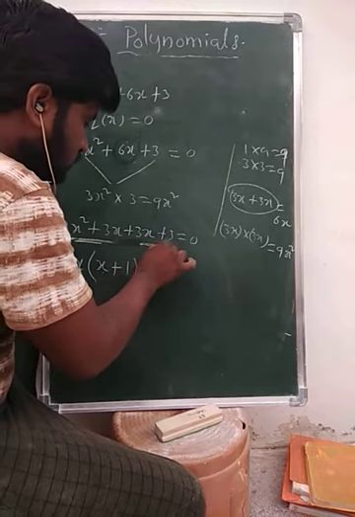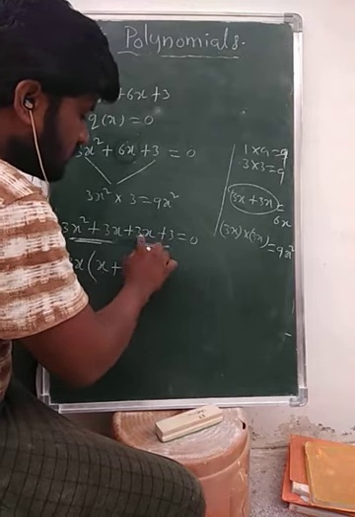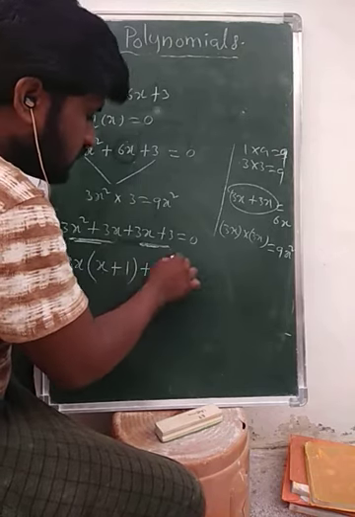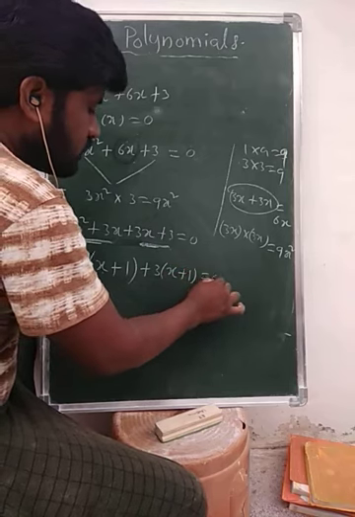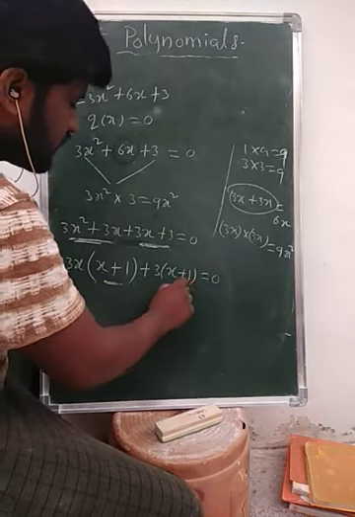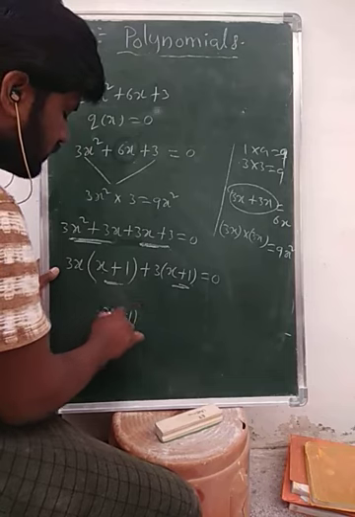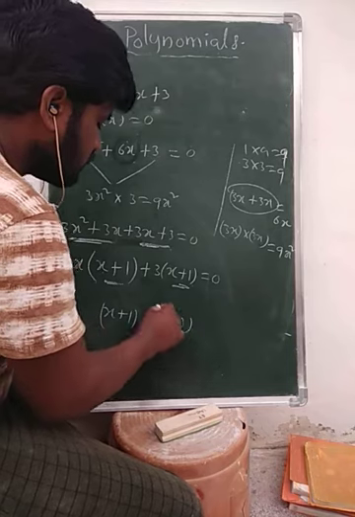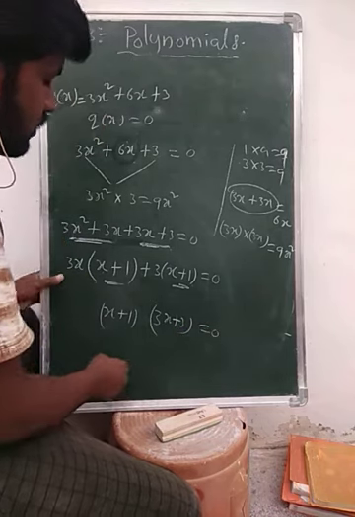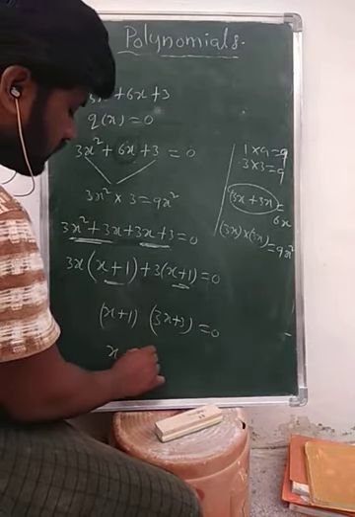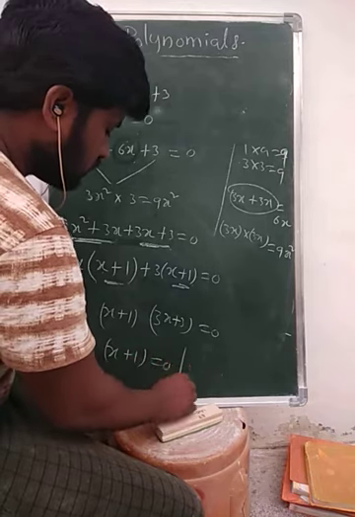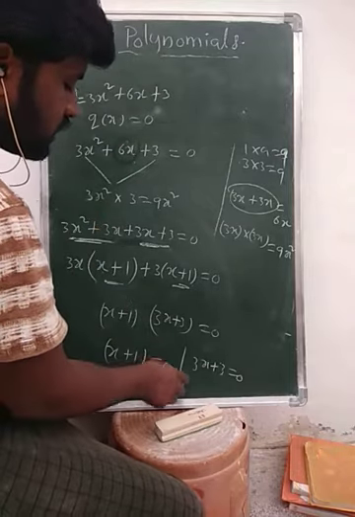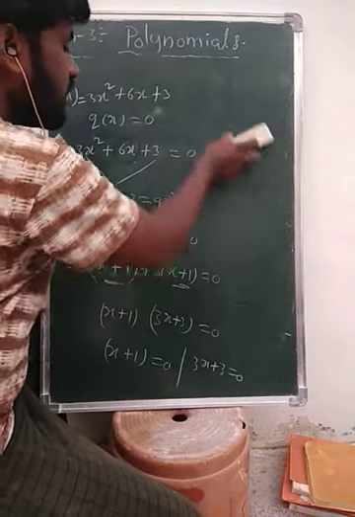Again in the next two terms, which is common? 3 is common. If I take out the common 3, here x plus 1 is equal to 0. So here x plus 1 is common, and here 3x and plus 3. By taking these two as the other factors, I am doing it separately: x plus 1 is equal to 0, and 3x plus 3 is equal to 0. I am equating them to 0 separately. Then what do I get?